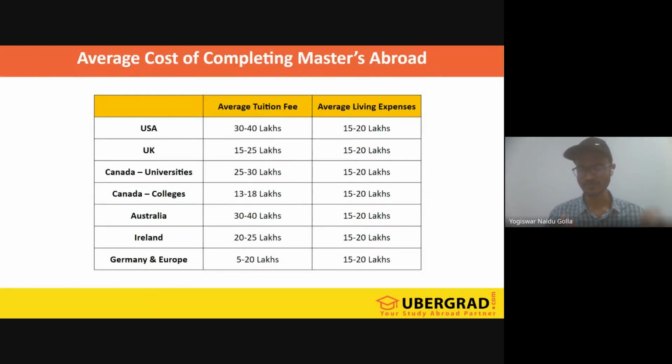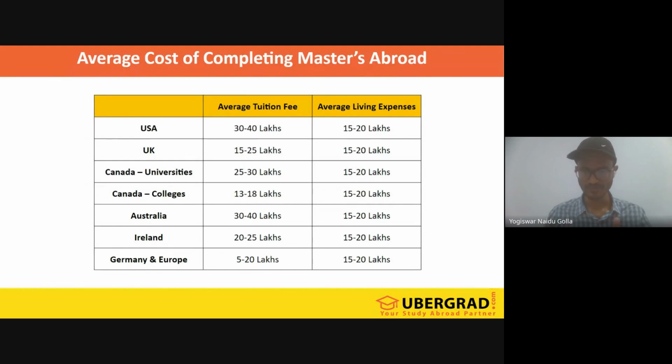Then coming to the third, which is Canada. In Canada, we have two types: universities and colleges. Universities are somewhat premium, where they charge a little bit higher fees, 25 to 30 lakhs. What we observe is that for every country, the average living expense is 15 to 20 lakhs, but living expenses are very subjective. For example, if you stay with friends, 6 or 7 people in a 2 BHK or 3 BHK, the average living expenses come down to a small number. But if you want to stay alone in a 1 BHK or 2 BHK, the amount will go as high as I'm saying in these numbers. The average tuition fee stays the same, for example 25 to 30 lakhs for Canada, and Australia up to 40 lakhs.